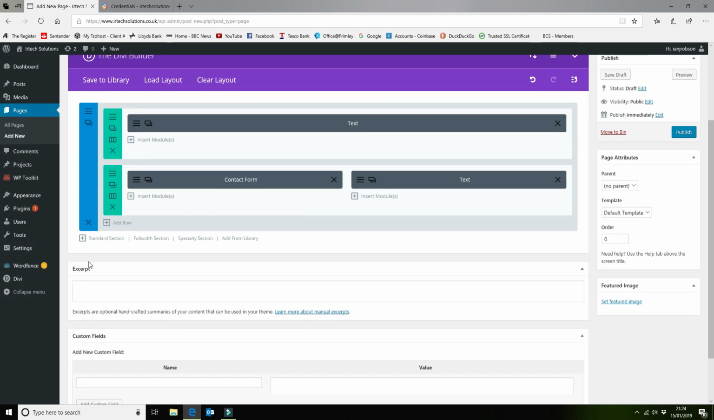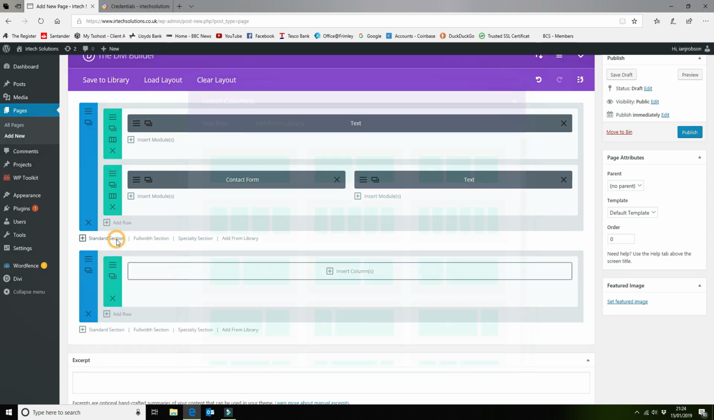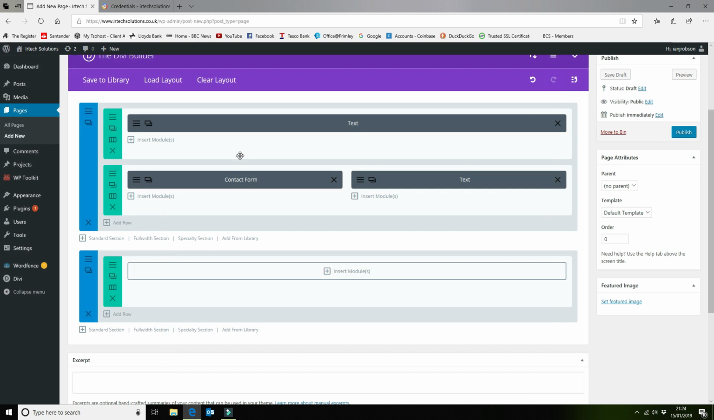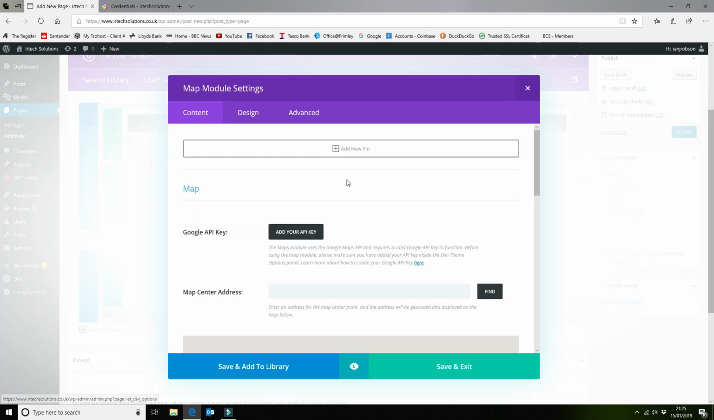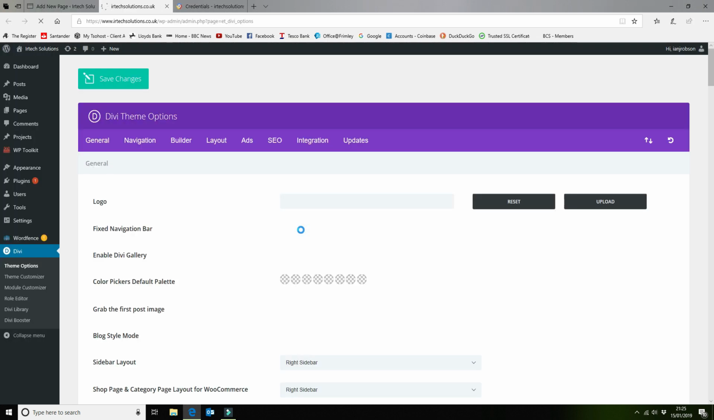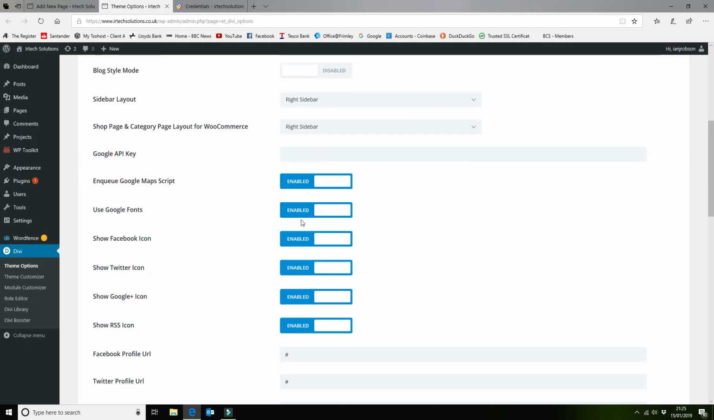Okay, so the next one is we want to add a standard section, 1 column wide. Now the reason for that is we can't, it's not going to work in this one because we actually want to extend it all the way across. So what we want to do is insert the map module, and this is now asking for our API key, so we can click on that, scroll down and add our API key in here,